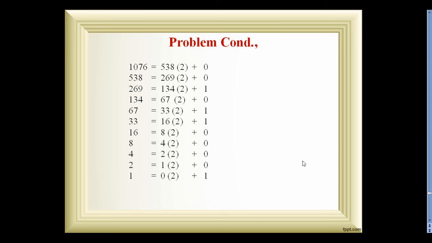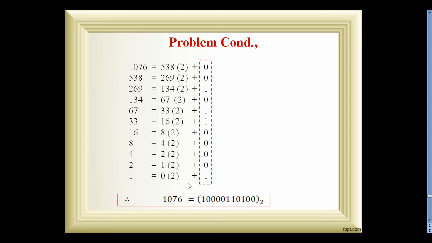So in the same way when you proceed, the problem can be written as: first we divided 1076 by 2 and you got quotient q0 which is 538. There you got remainder 0. Then you took that 538, again you divided by 2, we got remainder 0. Then 269 you took and divided by 2, we got remainder 1. So in the same way we have done until you got the quotient value as 0, we have to proceed the problem. Now you want only the remainders. So what are the remainders here? We got 0, 0, 1, 0, 1, 1, 0, 0, 0, 0, 1.